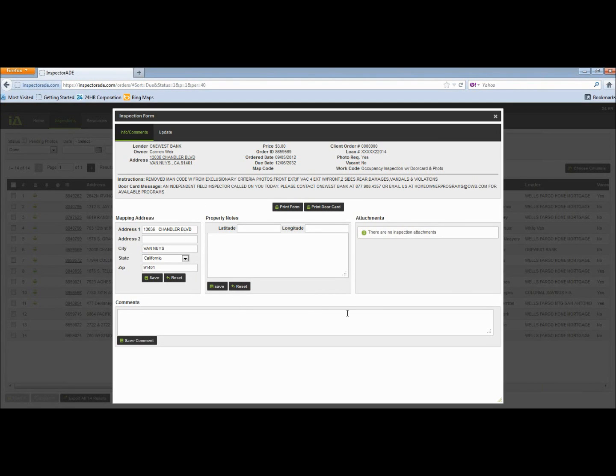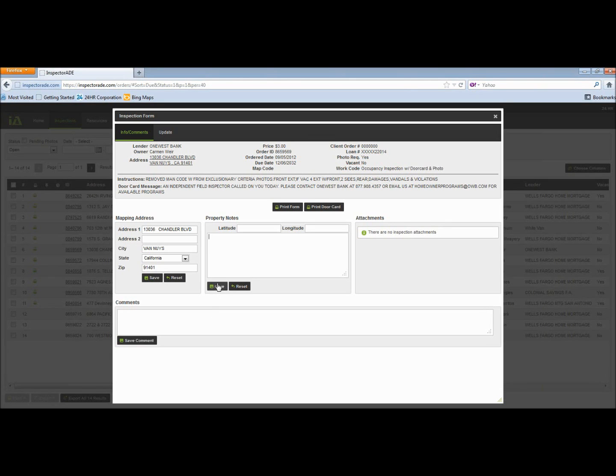In the middle here, this is a property note, which is a really good tool for inspectors. Anything you want to say about the house that you want to remember for next month, you can go ahead and put it here. If it was a house that was hard to find, you could put the latitude and longitude in here and save it. So next month, you'll already have that information. If you wanted to put it's a blue house or long driveway, you could put that information here, save it,